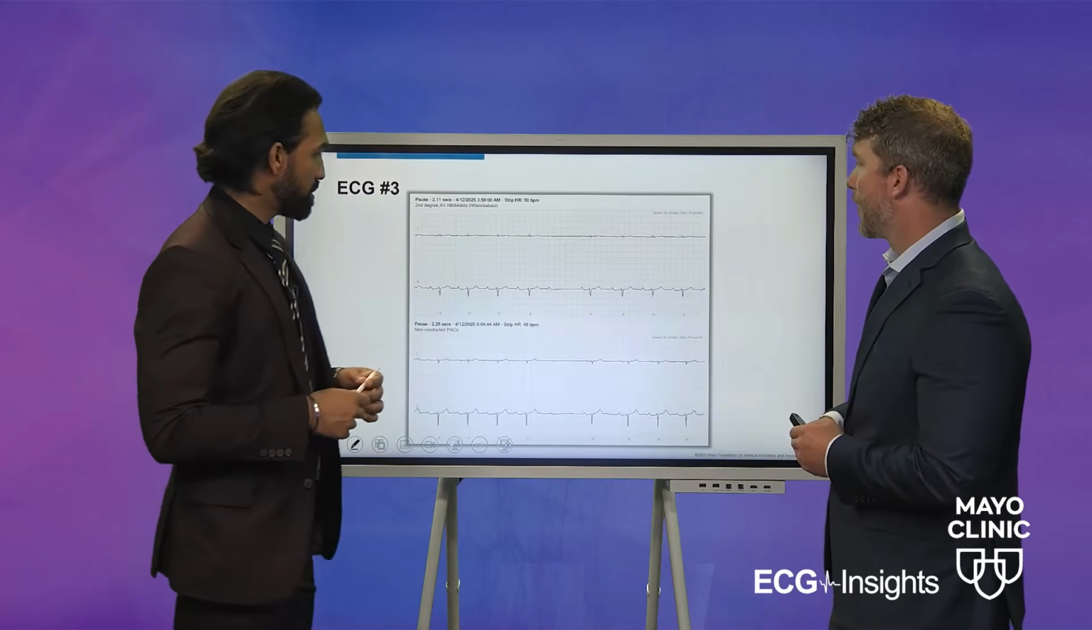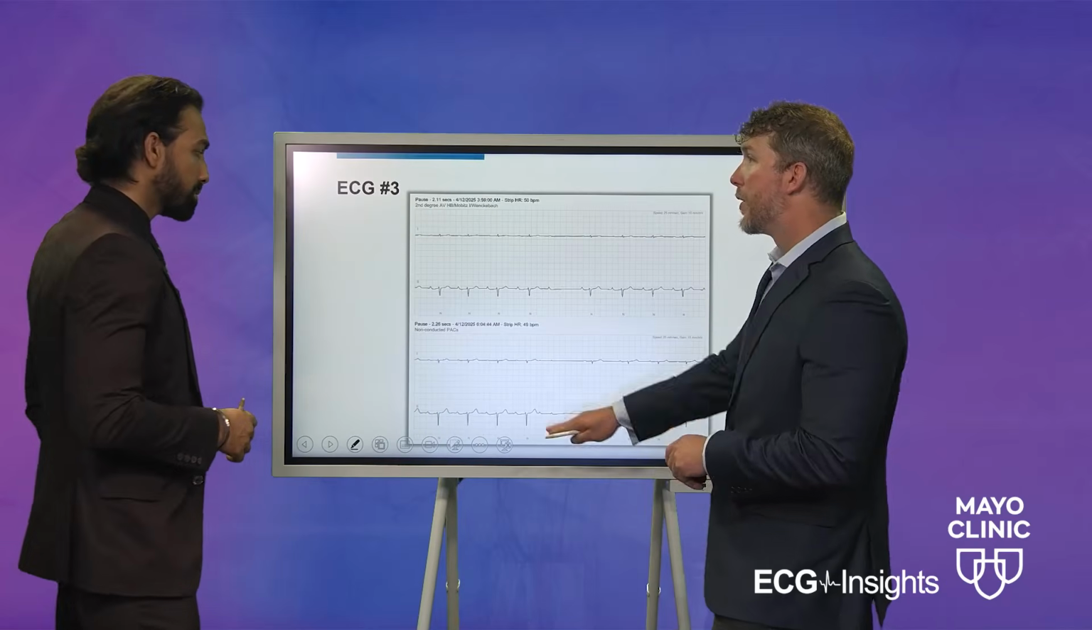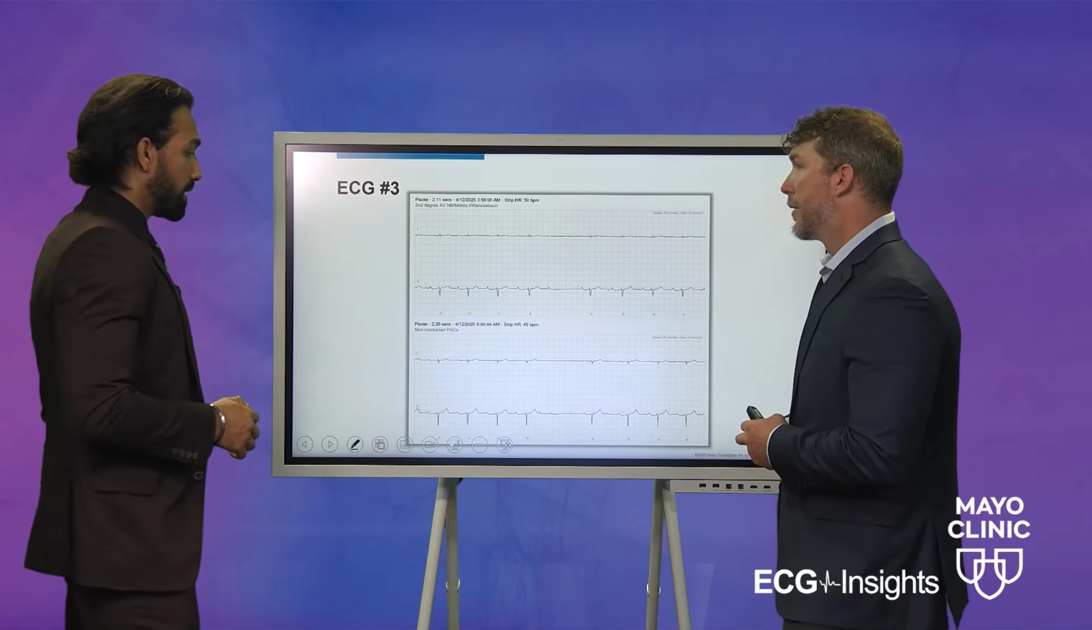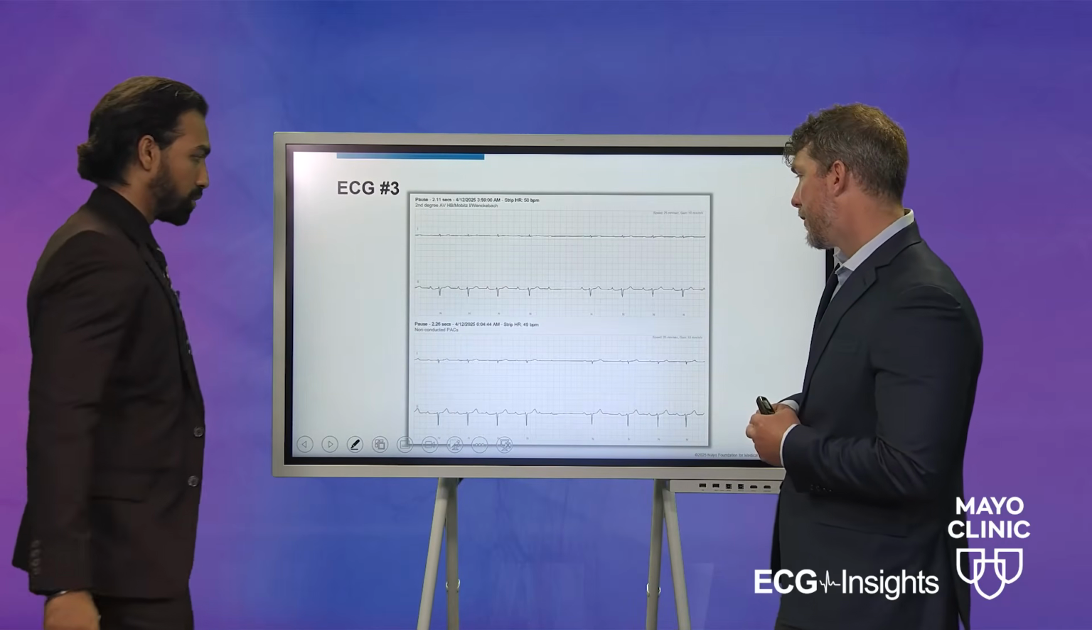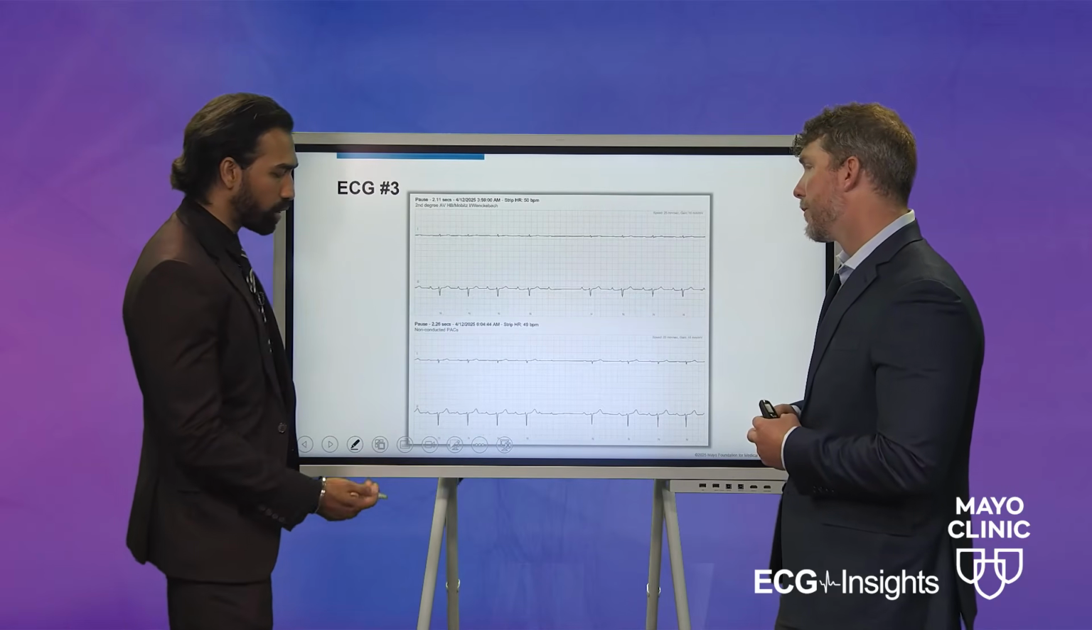Absolutely. So then this is just another example, different patient. It might be a little bit hard for those where you're trying to look a little bit closer. But this is just another example where you have Wenckebach, and you also have Wenckebach down here below, but you're also having what appear to be non-conducted PACs as well. Yeah, and this is often misdiagnosed as Mobitz 2 AV block